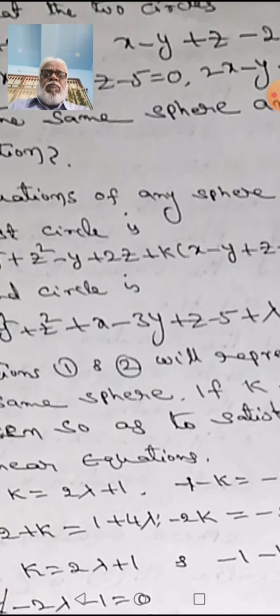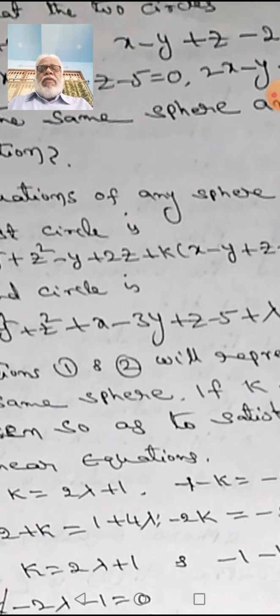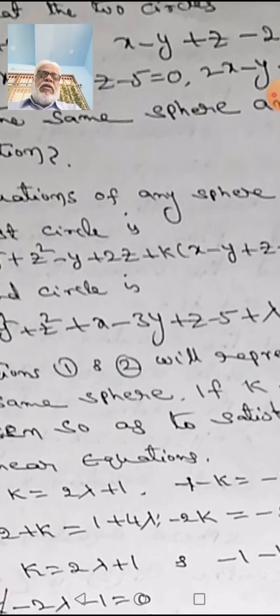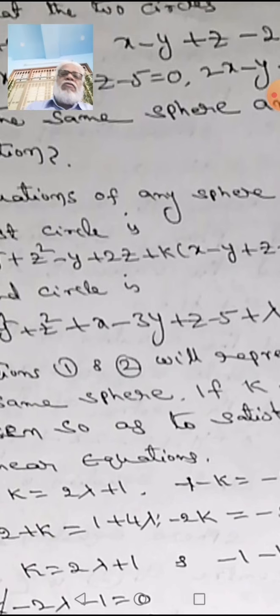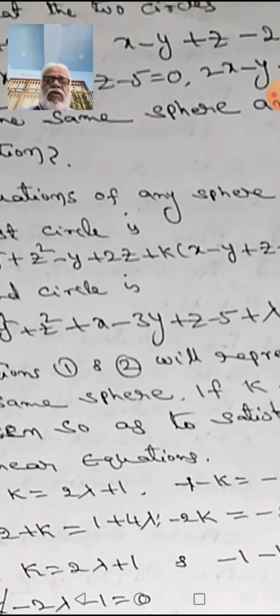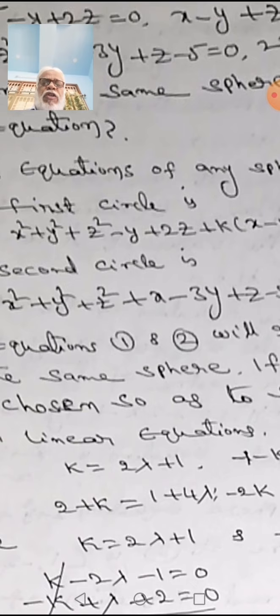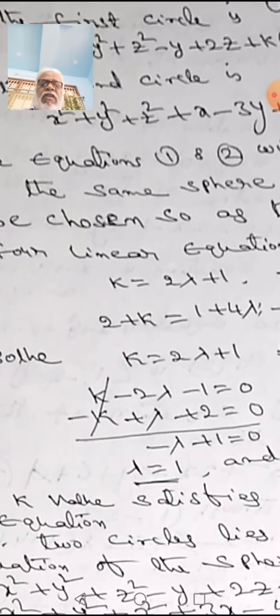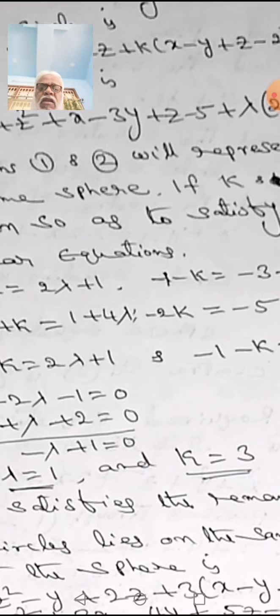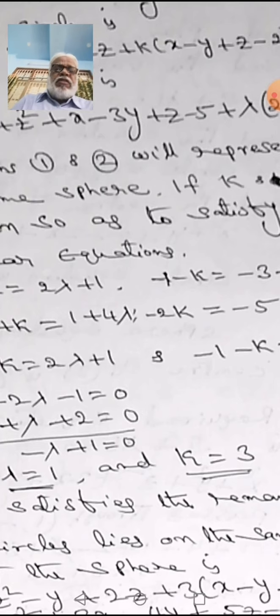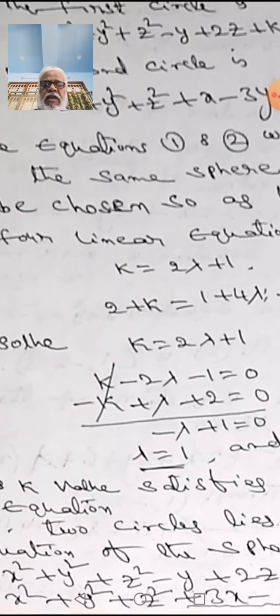Sphere and plane. So generally we take the plane equation as L and the equation of the sphere as S. What is the condition for the intersection of the two? That is S plus lambda L is equal to 0. Another one, we take S plus k L is equal to 0. From these two we get 4 equations. Take any 2 of these 4 equations and solve them, then substitute in these equations, and we get the same values of lambda and k.